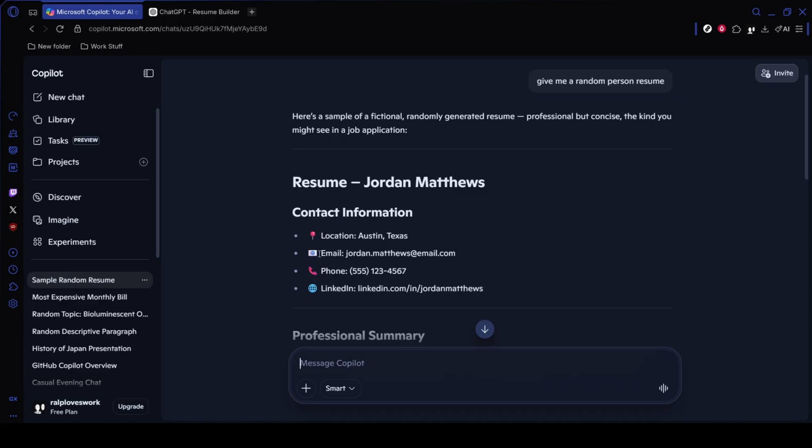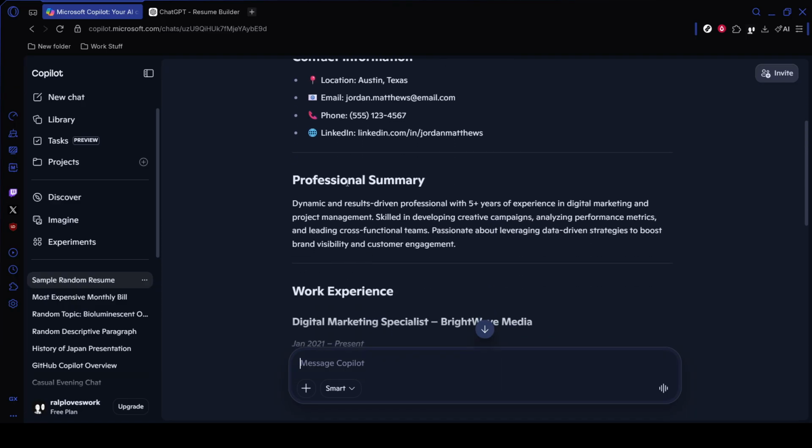Then review the suggestions provided by the plugin carefully. Read through the updated wording, compare it with your original version, and ask follow-up questions if you want additional changes. You can keep refining the results until the resume sounds accurate, professional, and tailored to the job you are applying